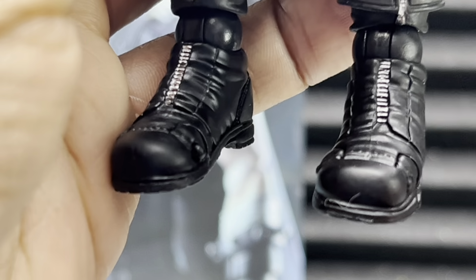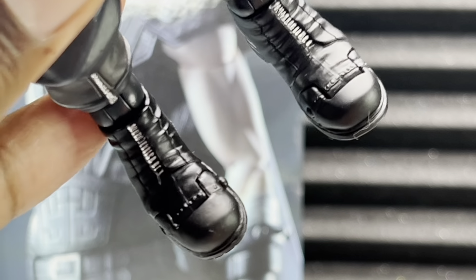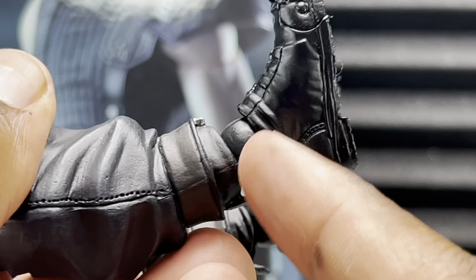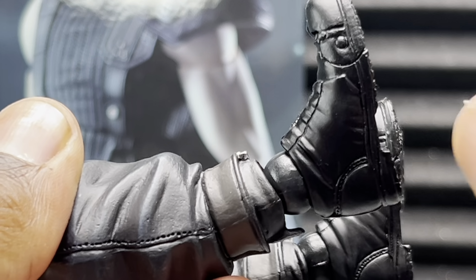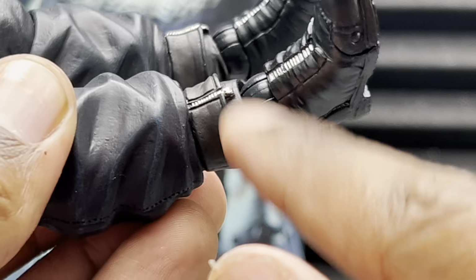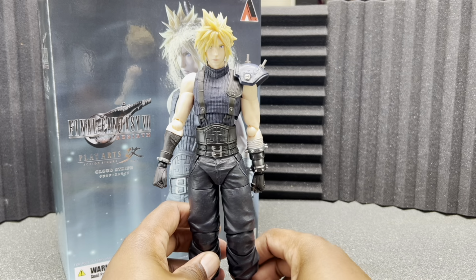I don't know if this is supposed to be a zip up. I'm not quite sure how they get these shoes on, but his feet are gigantic. They are quite big, and this peg being here doesn't do it any favors by being so little and skinny. I understand that for articulation purposes you kind of need that, but it doesn't do it any favors by sticking out so far and not being covered up more. They are covered up a little bit by the pants here, but you can see the zipper there. So maybe this isn't a zipper, but obviously you got treads on the bottom. But yeah, that's really it for